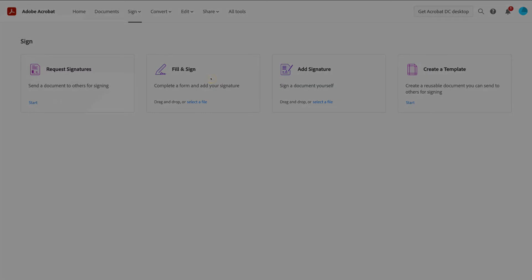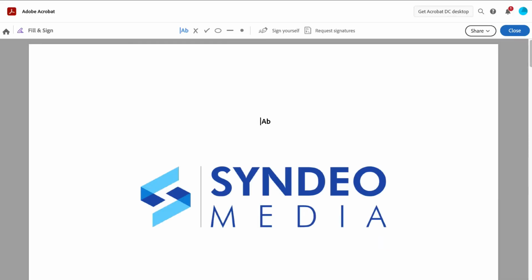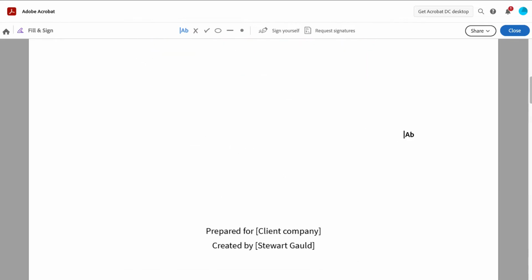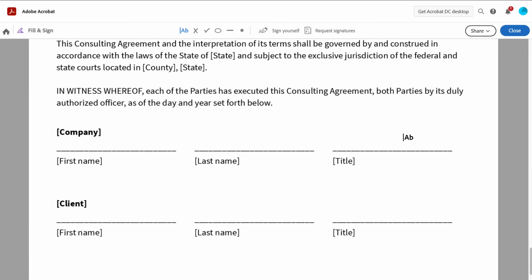Now, if I click here and navigate over to documents and select our consulting agreement and then come down and click continue, this is where we can upload documents and then add our signature or other information. So for example, if I scroll down, what I could do is navigate over here and type in my information. So I'm going to add my first name, then I have some formatting options up here. I can navigate over to last name and add my last name and then title,